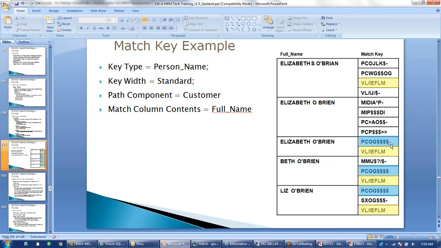So that we'll see next, but here as of now, just for understanding purpose, once the tokens are generated, MDM will come to this match table. It will see which records have similar tokens. Whichever records have similar tokens, it will put them into a match table. For example, in this scenario, 1 is matching with 3, 1 is matching with 4, 1 is matching with 5.